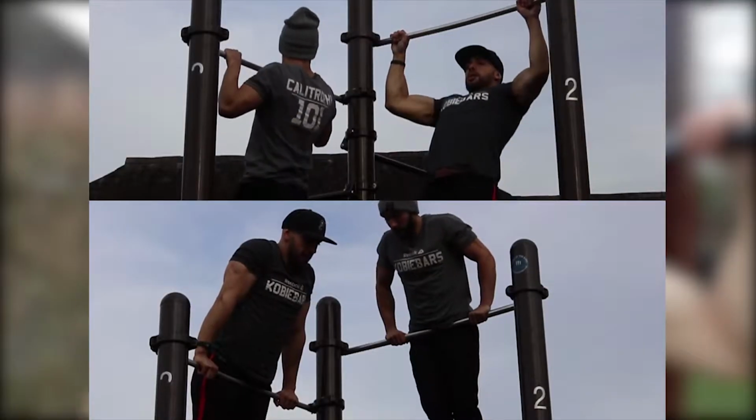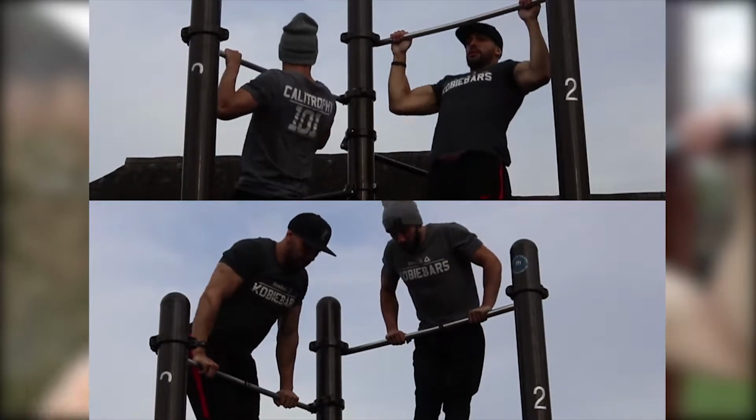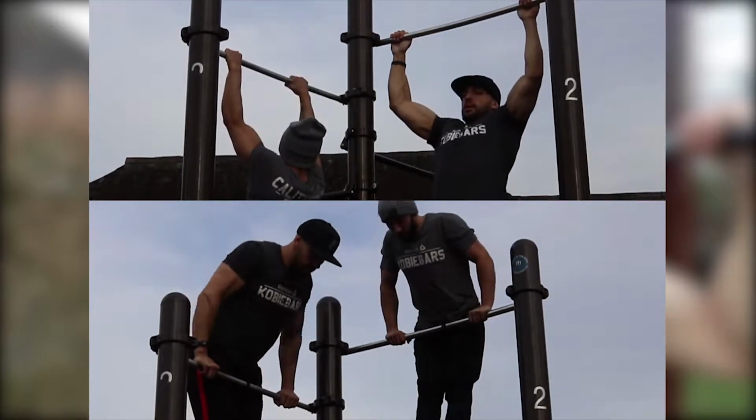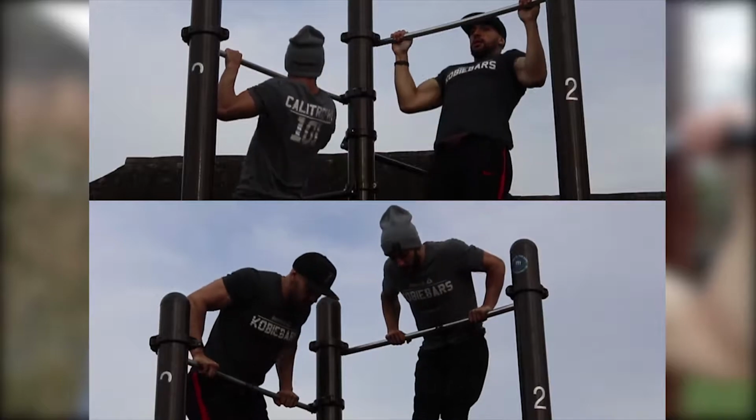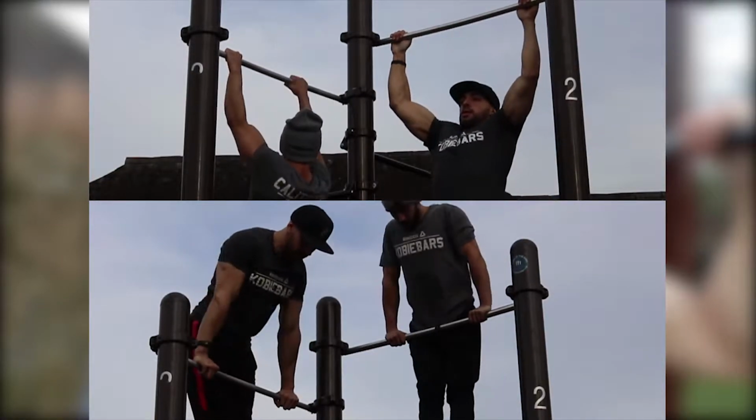Alright guys, so before we start, there are 2 things you have to have: overhand pronated pull-ups and overhand pronated straight bar dips. You're going to need a minimum of 10 reps on each exercise, because a muscle up is a powerful, explosive move. If you can't do a pull-up and you can't do a dip, you're not going to be able to do